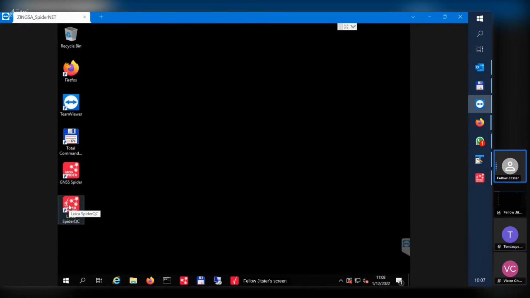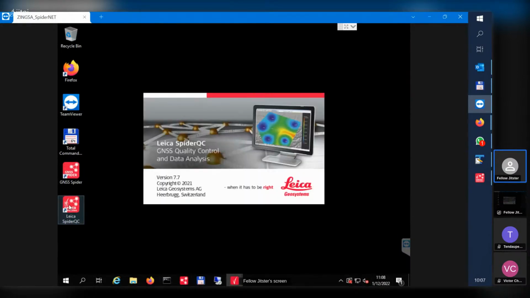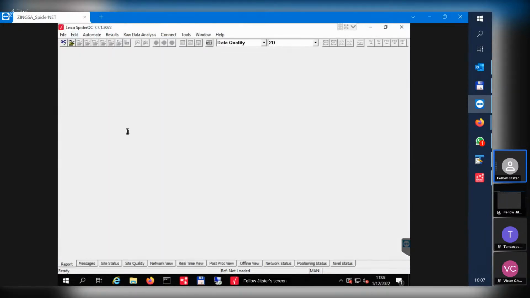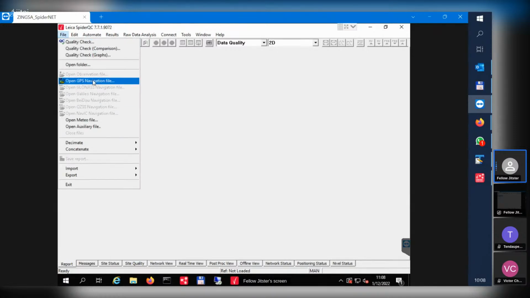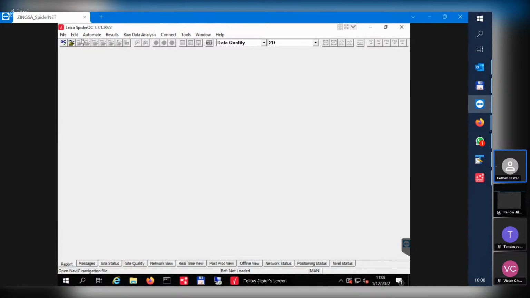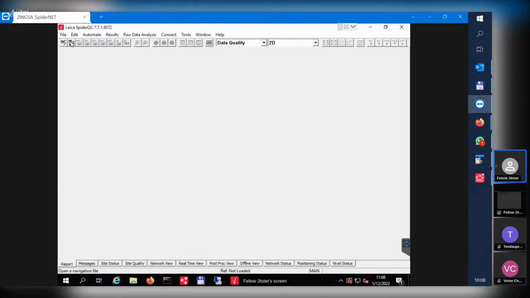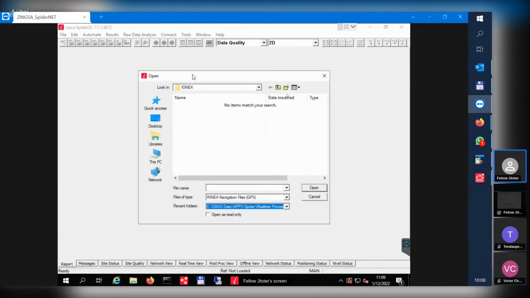So if you open SpiderQC, then we are going to import all those files into the memory of the software, and you can do it via this File and Open. We are starting with this GPS navigation file. The same functionality you can find on the toolbar, so you can use these icons here. It doesn't matter if you go through File and Open GPS navigation file, or you just press this button. It is exactly the same